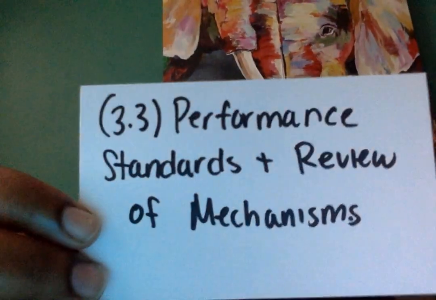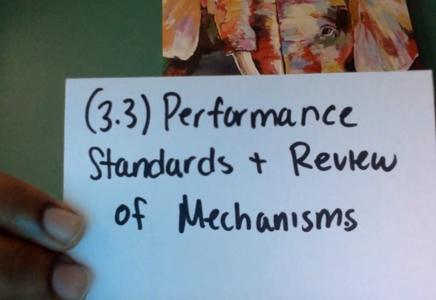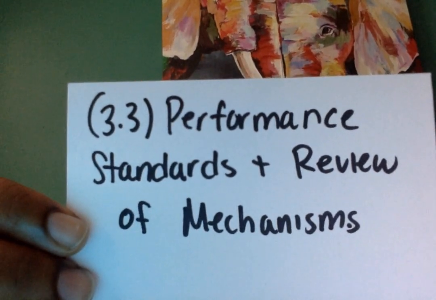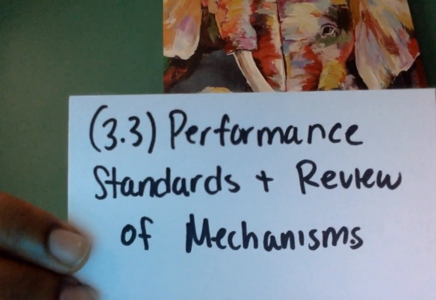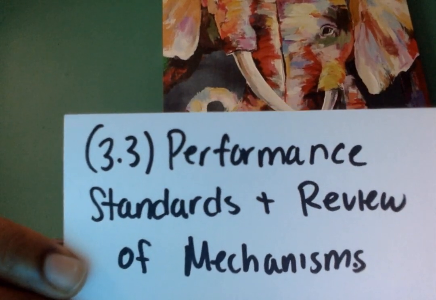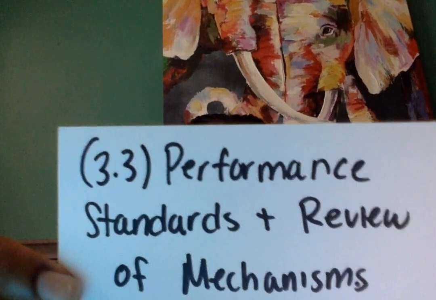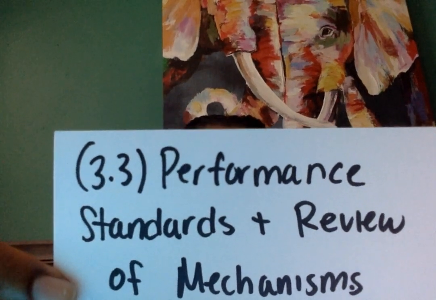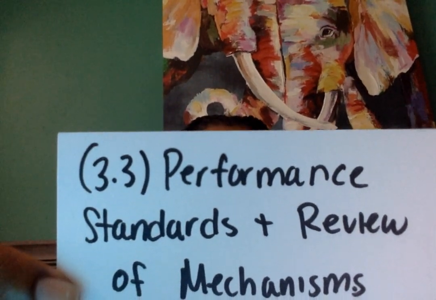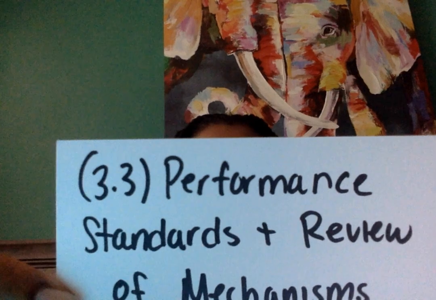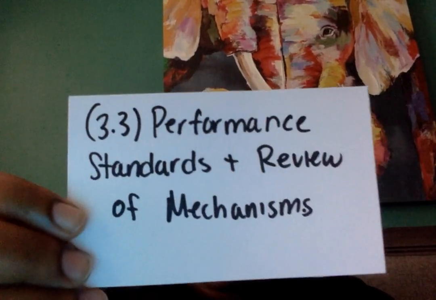Next, I will be moving to section 3.3, which is performance standards and review of mechanisms. Section 3.3 states ongoing acquisition and development of knowledge, skills, practice experience, disposition, commitment, relational maturity, and personal integrity for professional spaces. So, an example of this, I will say,